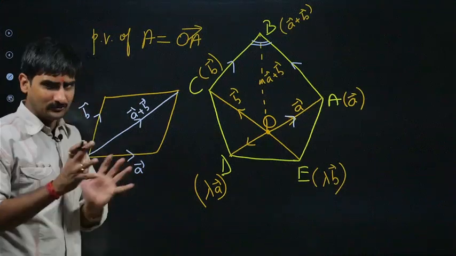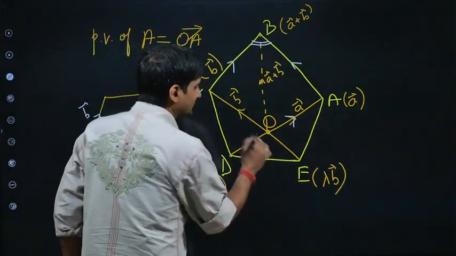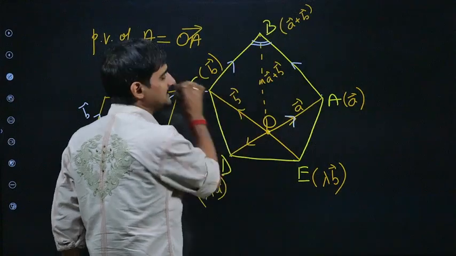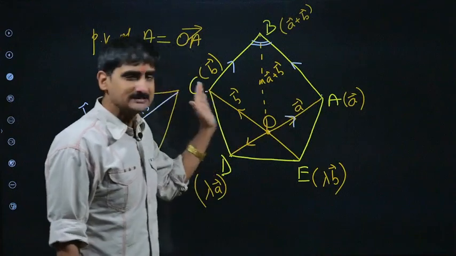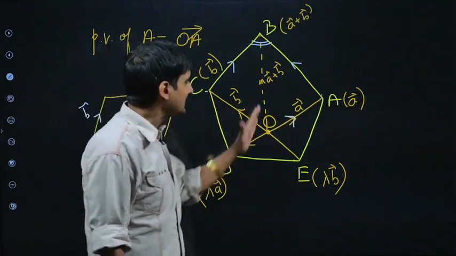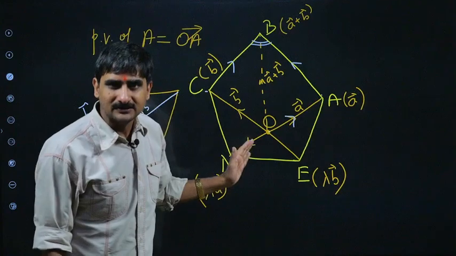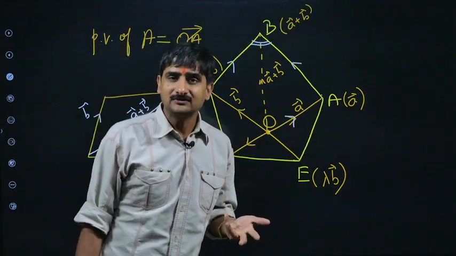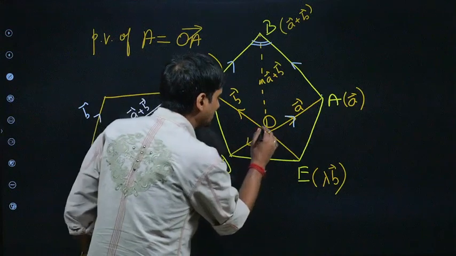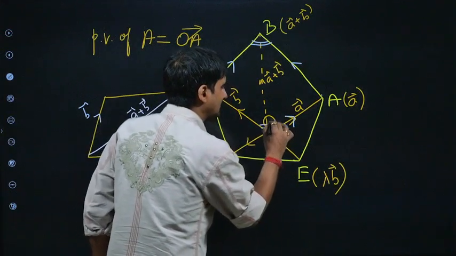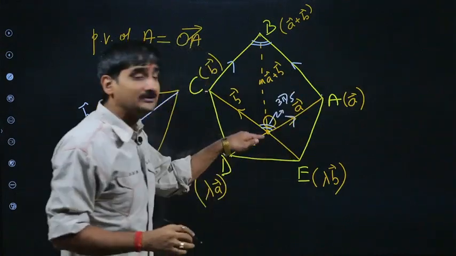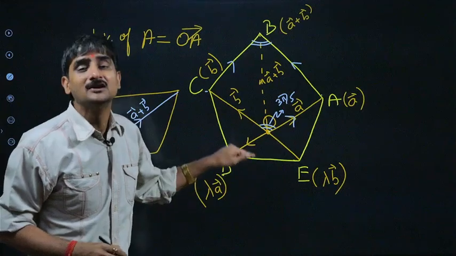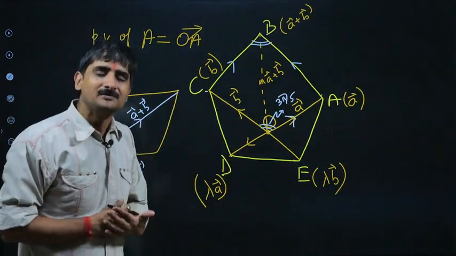Now combine a few pieces of information. OABC is a parallelogram, why? These are two adjacent sides of a parallelogram, and that's the resultant vector, the vector along the diagonal. So that's a parallelogram. What does that mean? The angle at O is also 3 pi by 5. This is the angle between vector A and vector B.